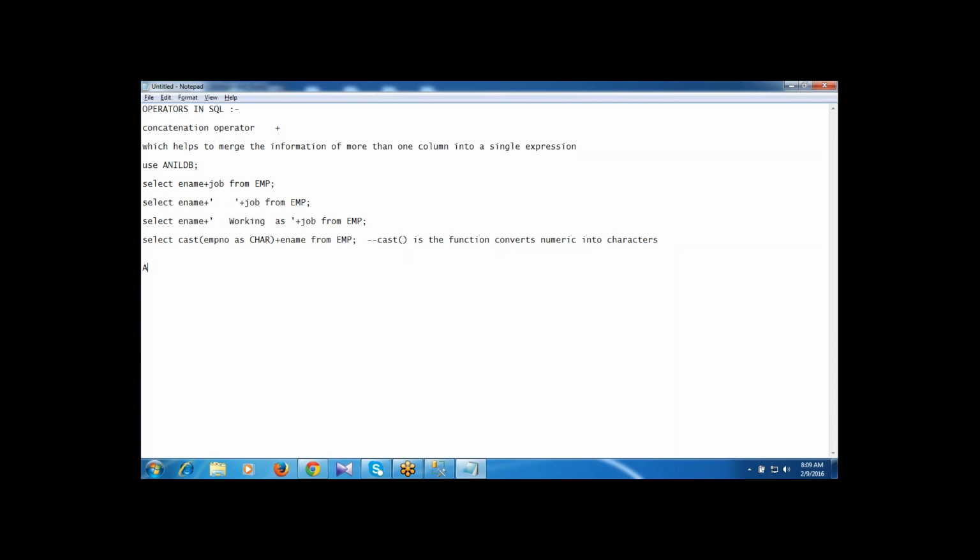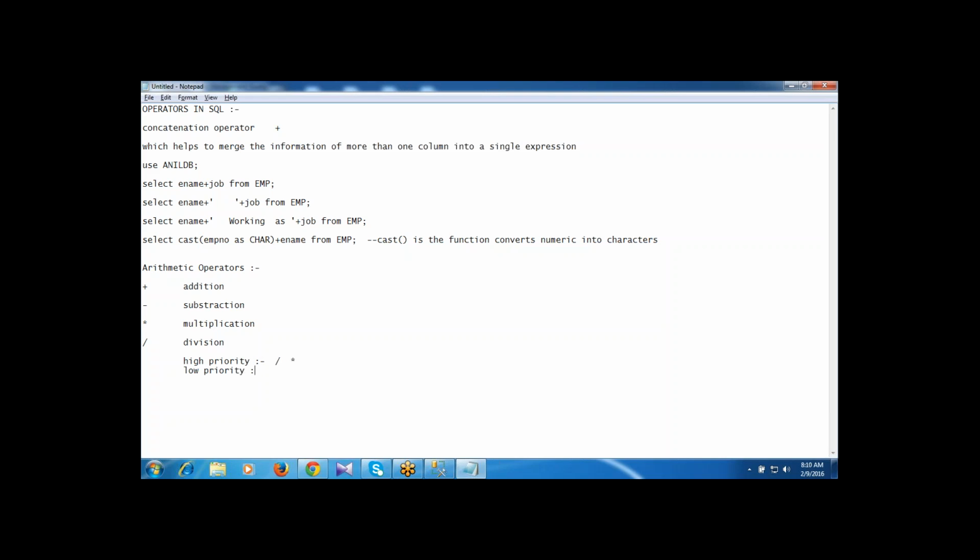Right? It's clear. Next, arithmetic operators. Here also plus in the arithmetic operators performs addition, minus is subtraction, star symbol is multiplication, and division, and like this. High priority operators are first division then multiplication.